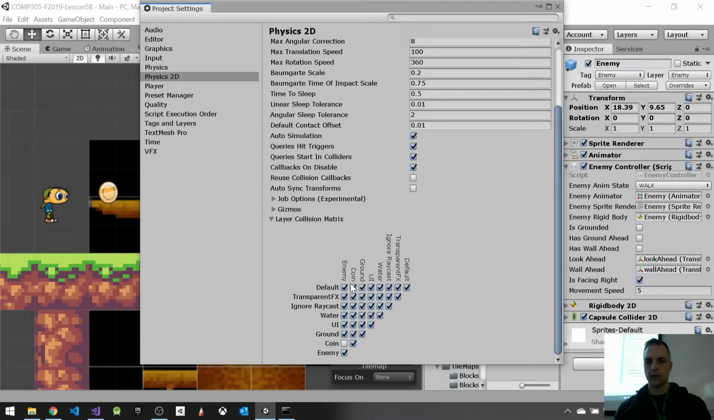Coins hit the ground, no problem. Coins hit each other. Coins hit the player. Coins would hit water if there's such a thing. But coins and enemies, they don't hit each other. So the way it works is,